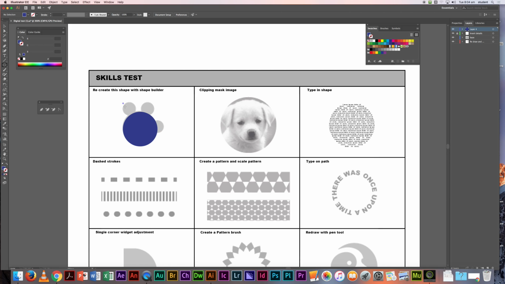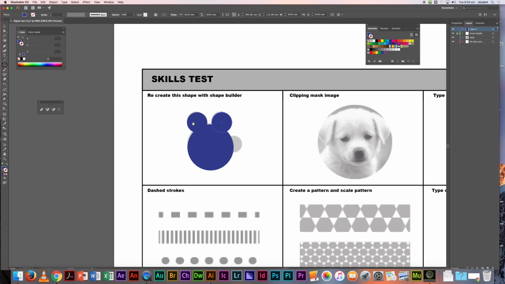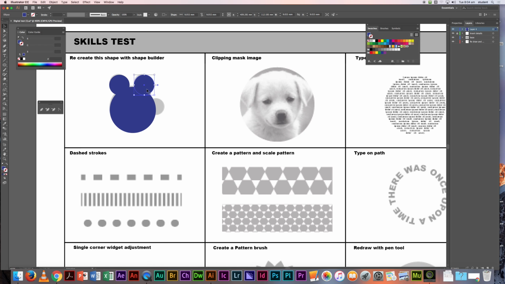Okay, and I'm going to draw a series of circles here that basically represent this shape here. So I'm just drawing a number of circles. One thing about the shape builder, and I'm just drawing circles here, and I'm clicking on a certain piece. I'm holding Option with my selection tool, and I'm creating these shapes. I need to